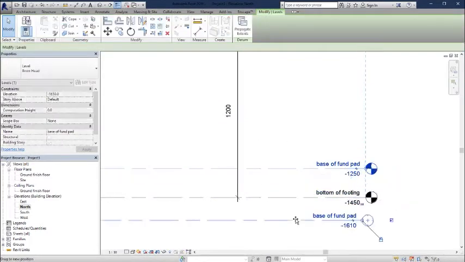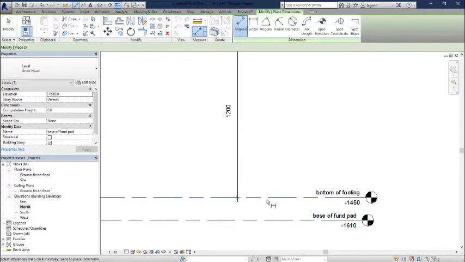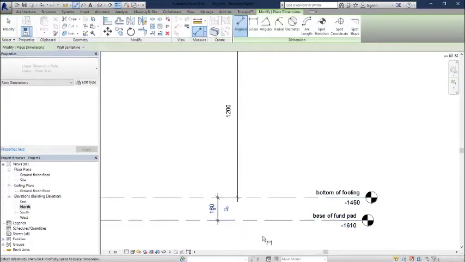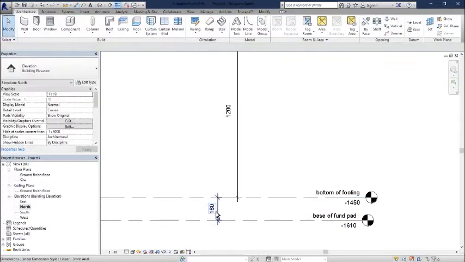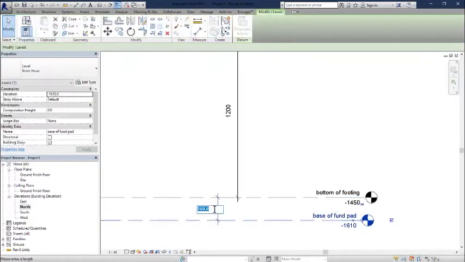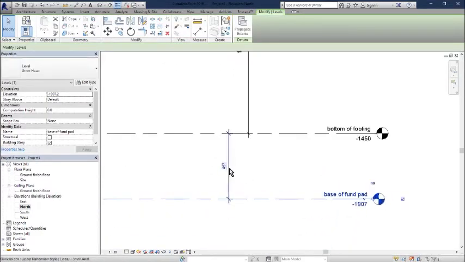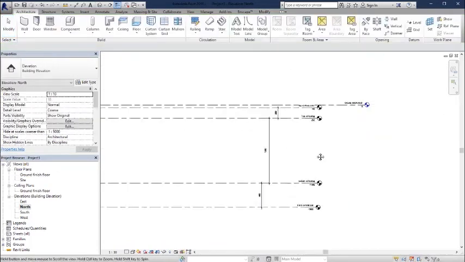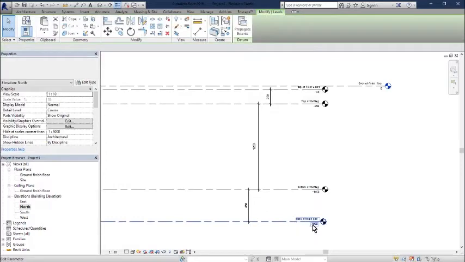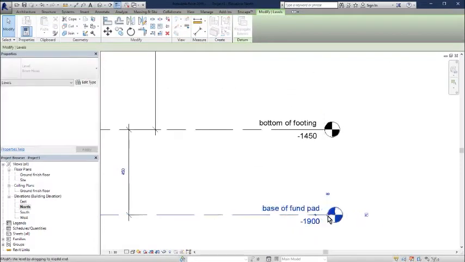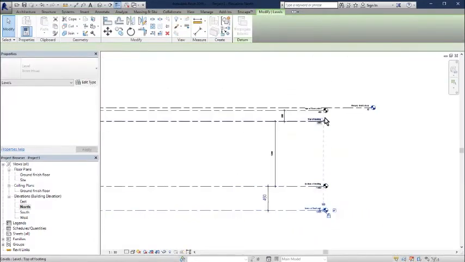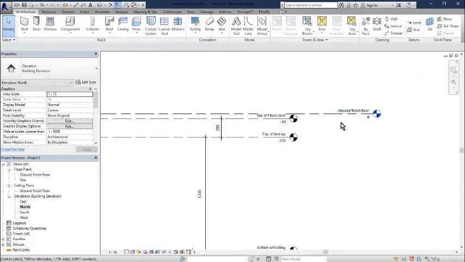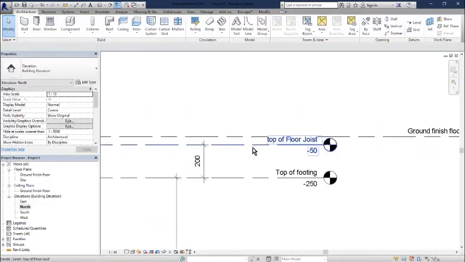Then the base of my pad, I'm going to make mine about 18 inches. So click on that, 18 inches, which is about 450. All right. So pretty much we've set out most of our levels. Let's make sure that these are aligned. All right, so this should be the only one that's out. Then on the top of our